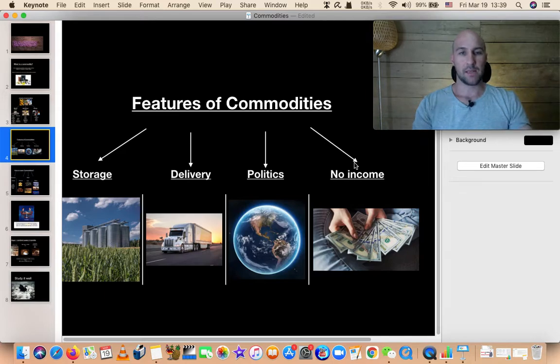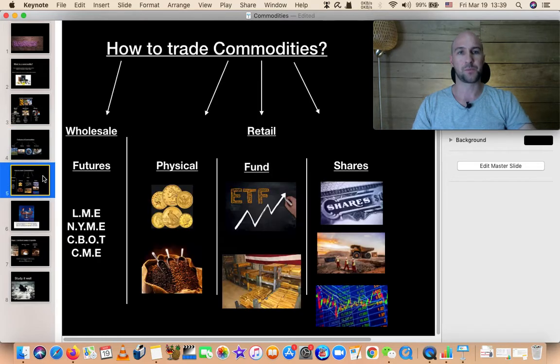Now, it sounds maybe scary. It sounds like there are too many factors to look at. But you want to trade it, you want to invest in it. Where can you go, and how can you start investing in commodities? Now, I broke it down into two categories. The first category, I would like to call the professionals, like wholesale, and then you get the retail. Now, I classify myself as a retail investor, but under the professional or the wholesale is,